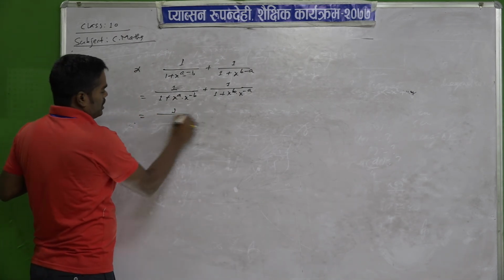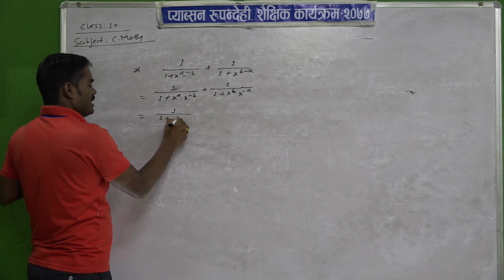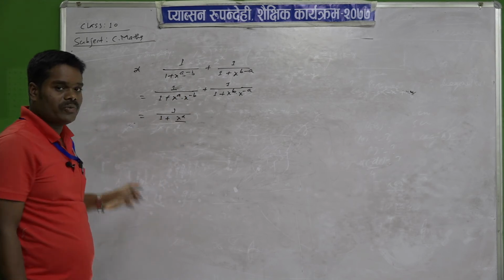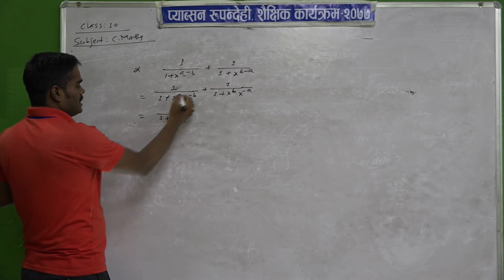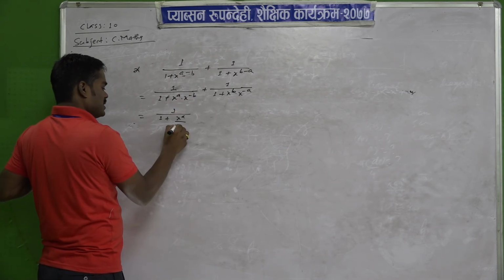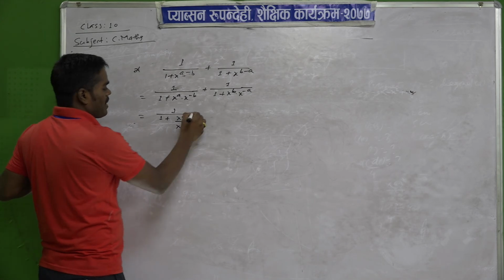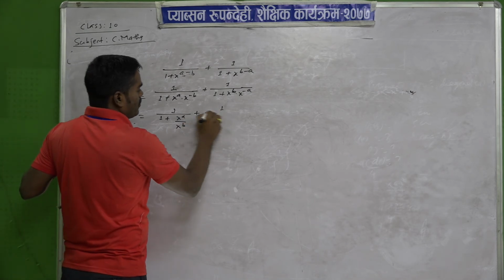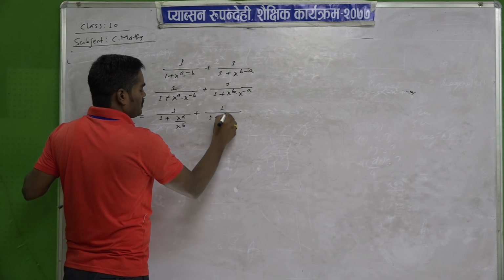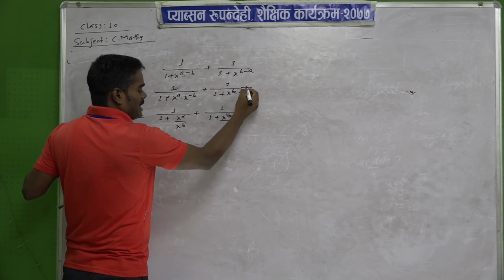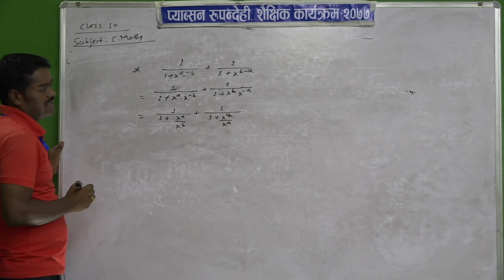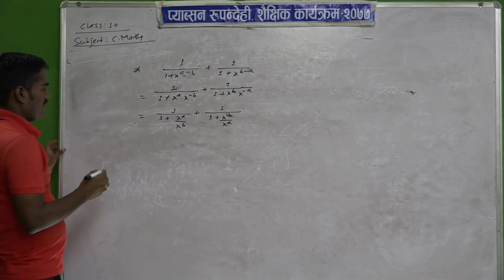So 1 plus x power a, you can write here, now it is in where? Numerator. So transpose it in denominator, the sign will change, minus became plus. So x power b, like same x power b, here x power minus a. So while putting it down, the sign will change, became x power plus a.